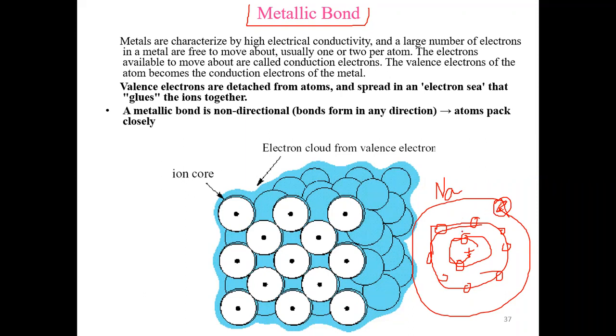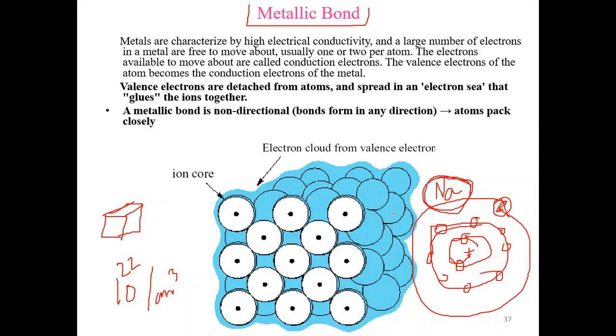Now, if this electron gets a little energy, as we have studied about the ionization energy, then this electron will become free. So if you have one piece of sodium metal, like 1 centimeter by 1 centimeter by 1 centimeter, that means 1 cubic centimeter, it contains about 10 to the power 22 sodium atoms. Every atom has one valence electron, or almost free electron. So 1 cubic centimeter has 10 to the power 22 electrons.